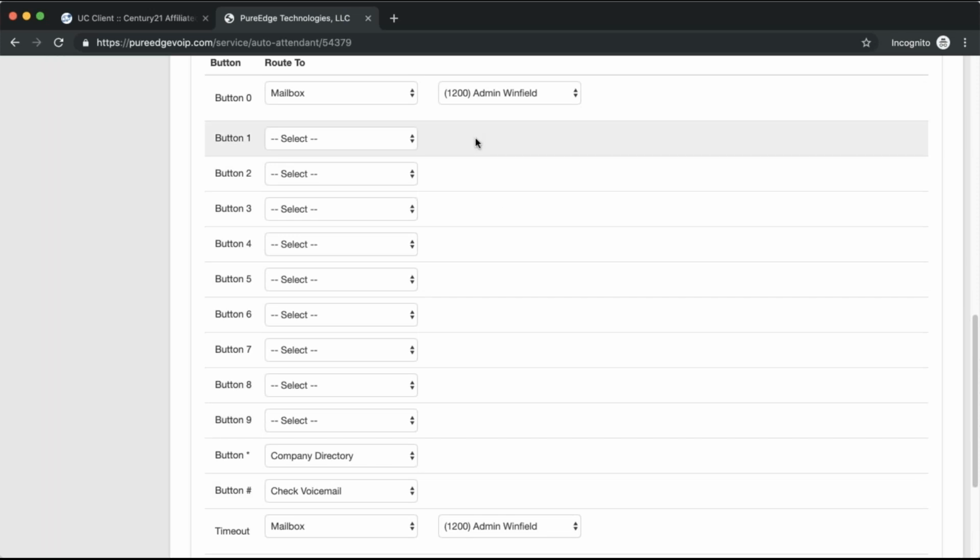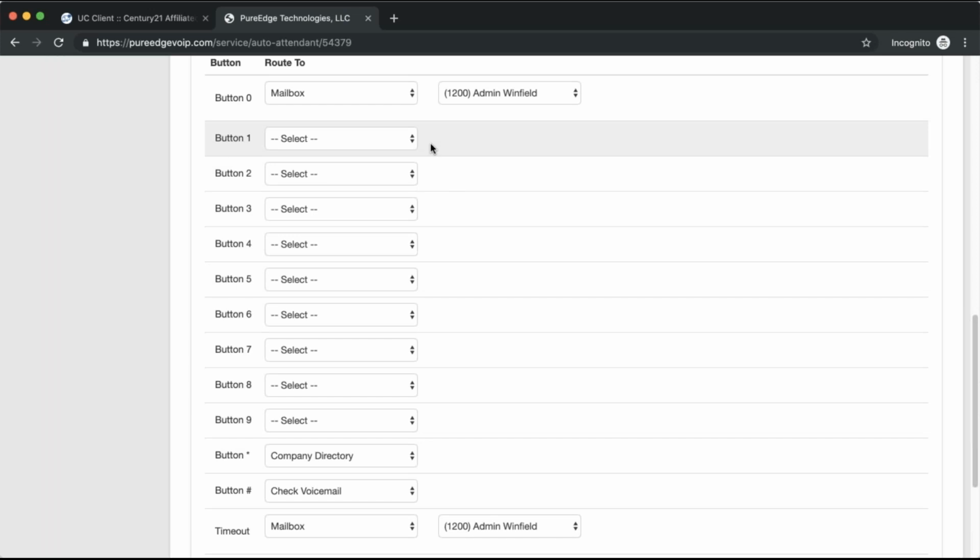If you had a smaller office, let's say an office of 8 agents, because there are some out there that have 8 agents, you could set it up so that 1 through 9, you could record a message that says, hi, you've reached Century 21 Affiliated Winfield office. We're not here right now. To leave a message in our general mailbox, please press 0. To reach Debbie Cruz, please press 1. To reach Kim Brown, please press 2. You can do this here,